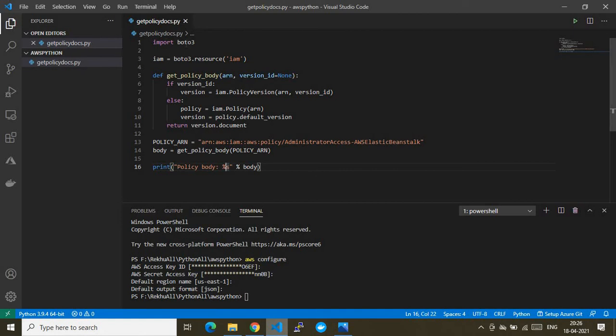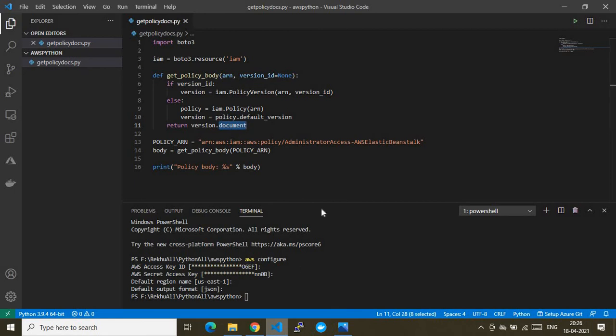I'm using the module, and in the module I'm using the resource function and keeping that in a particular IAM variable as an object. That object will be further used to get the required data. What we need in this demo is a policy document, so we are using that.